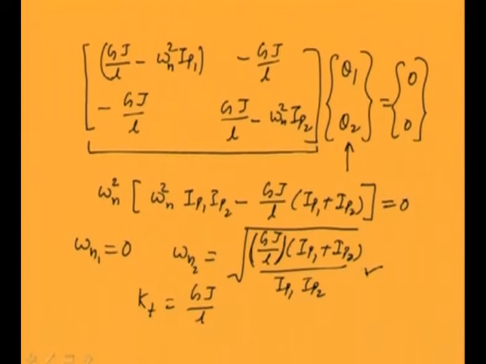And if we substitute this particular quantity as kT is GJ by L, then this particular equation is exactly the same as we earlier obtained, either using finite difference method or using the closed form solution. So in this particular case, even when we consider the approximate solution in the form of polynomial, it gives the exact solution. This is a very special case. In other cases like beams, we may not get a similar trend.